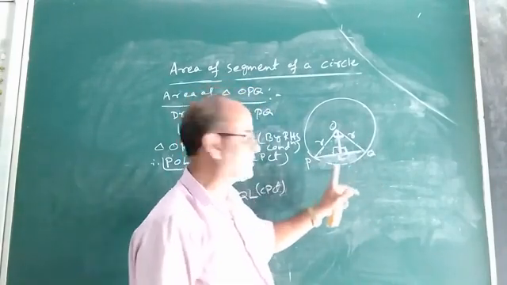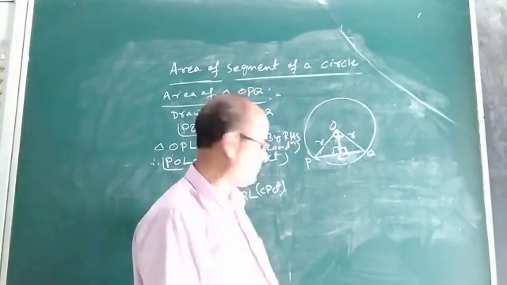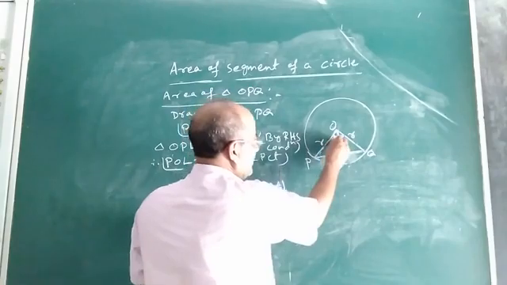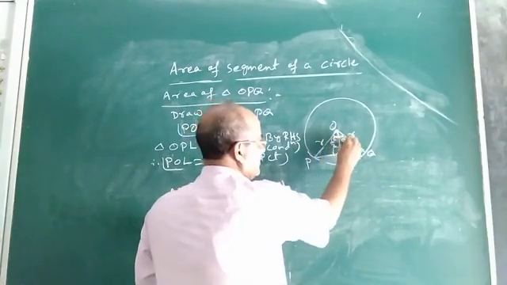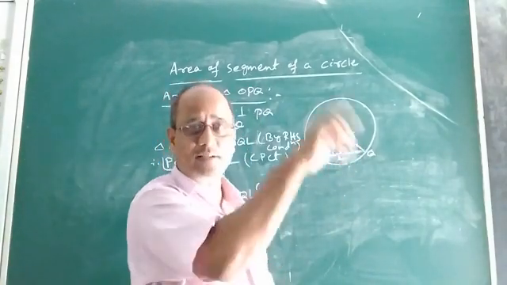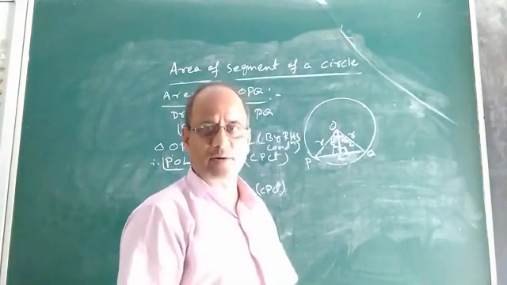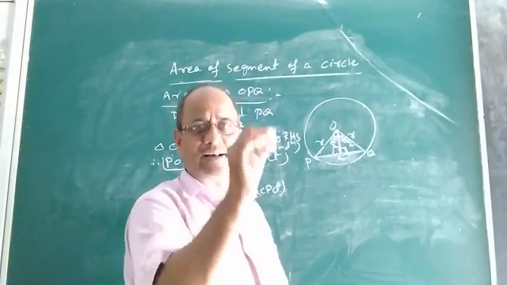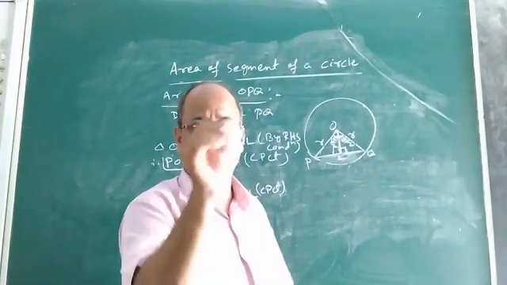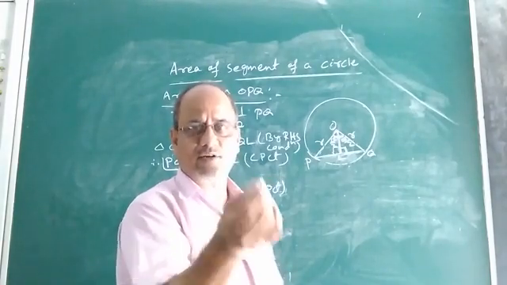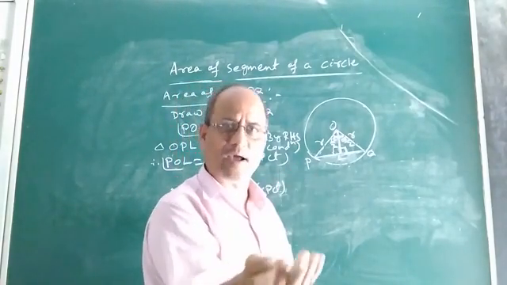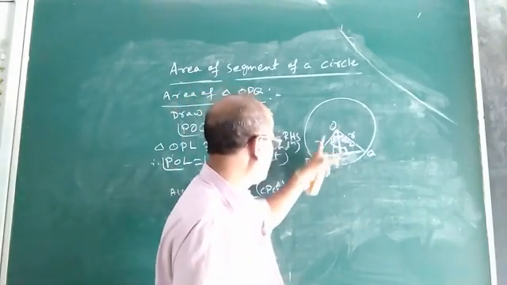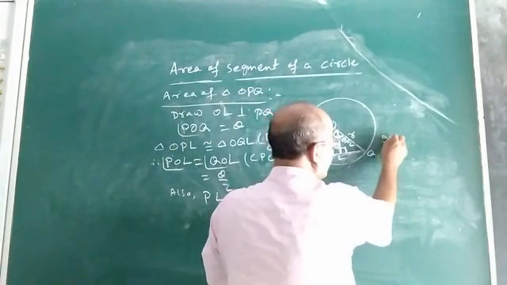So how to get the length of PQ and OL? Let us see. After this step, you got PL equal to QL, and this angle is theta by 2 and this angle is theta by 2. Now we have to apply the concept of trigonometry. We have already read trigonometric ratios: the sine ratio of an angle theta is perpendicular by hypotenuse, the cos ratio of an angle is base by hypotenuse, etc. That concept we are going to apply. Now look at triangle POL. It is a right triangle.